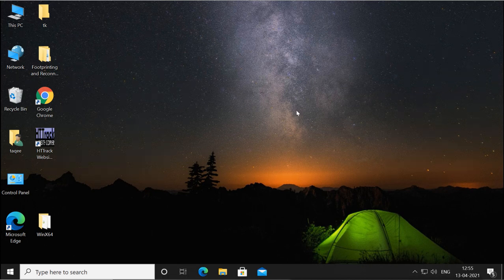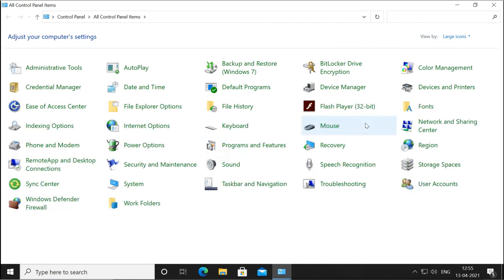Now this is our machine, and if we want to resolve a name from the internet, we must connect to the internet. You see, we are connected to the internet. Let's check it in our Network and Sharing Center. So I will go to Control Panel, Network and Sharing Center.